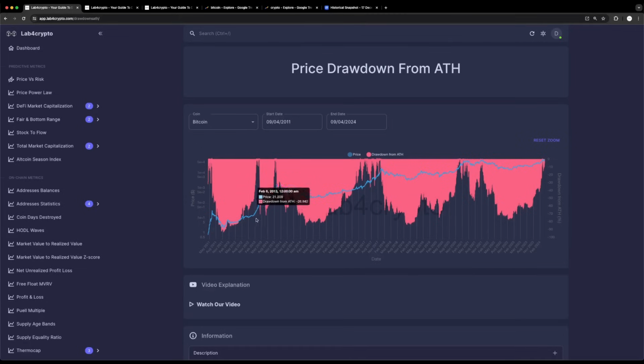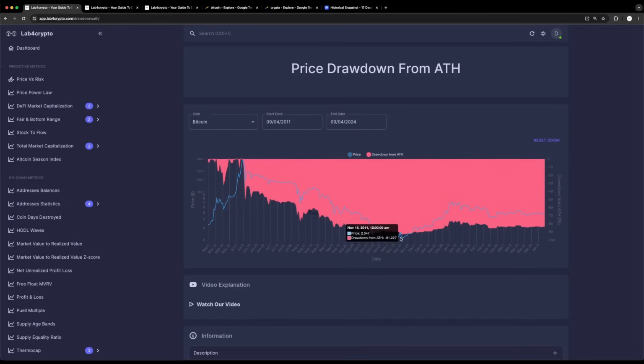Let's explore the peaks and the bottoms of Bitcoin through the years to understand how important this graph is. If we go and check 2011, June 8th, Bitcoin reached its all-time high at the time, and the price was $29.03. And then if we zoom in, a couple of months later, the price of Bitcoin dropped to $2.1, and in percentage terms, it dropped